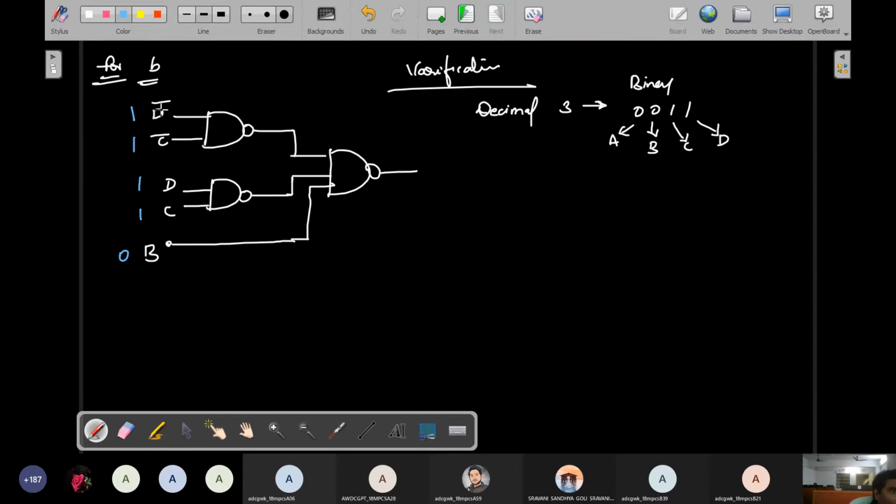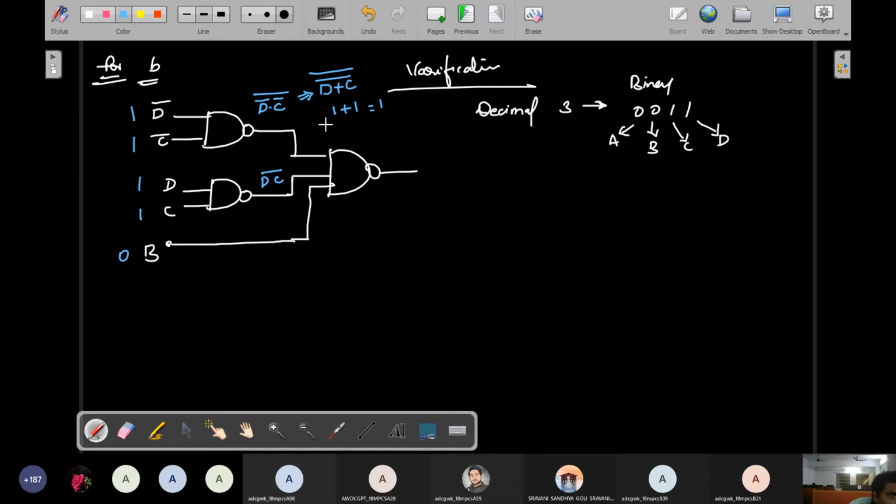Okay, so now see, this is actually D bar, C bar, whole bar dot answer. This is nothing but DC whole bar. So simply this is actually a B terminal only. Whatever terminal you give, that will be directly connected to this NAND gate. So here 1 is given, which means by De Morgan's theorem you can change this value into D plus C whole bar. So what is the D value? 1 plus 1, because the bars cancel. This is called 1 only.